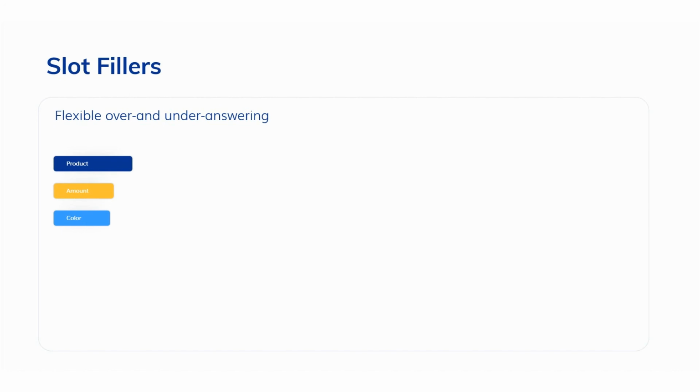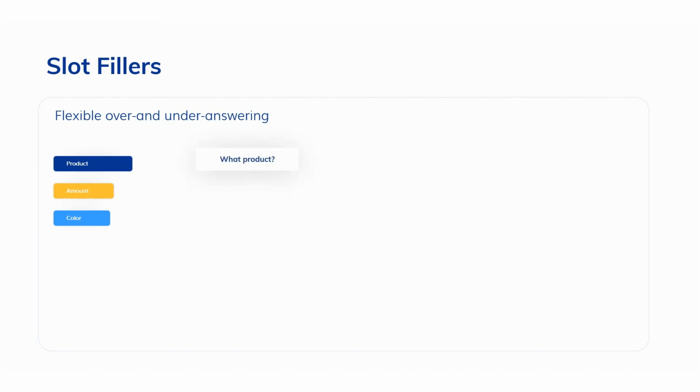And to make this even more exciting, we can actually attach very specific FAQs to very specific flows. And in order to make this work and to have a more interesting scenario, I'm going to do a very quick recap of slot fillers. This is part of the Essentials training. I'm just going to summarize it for you.